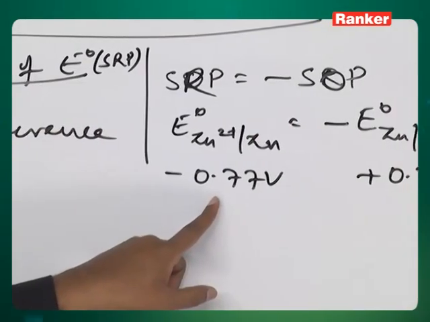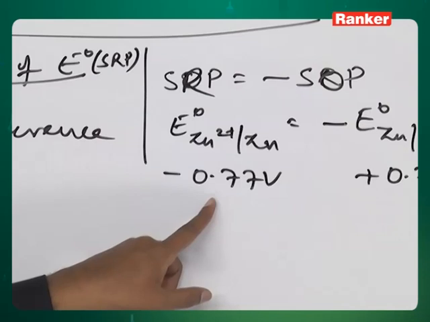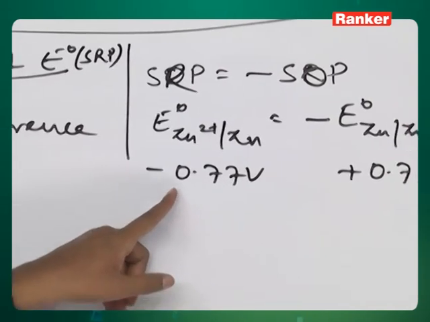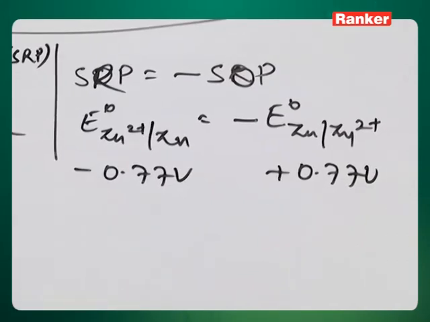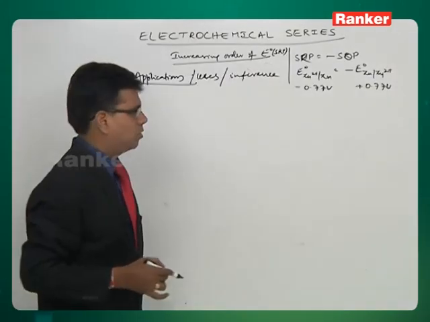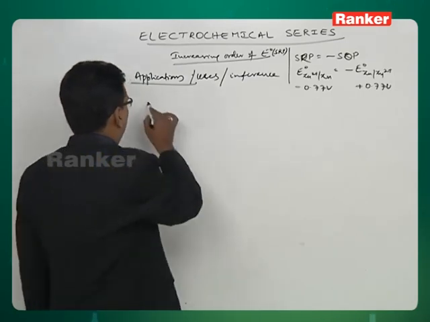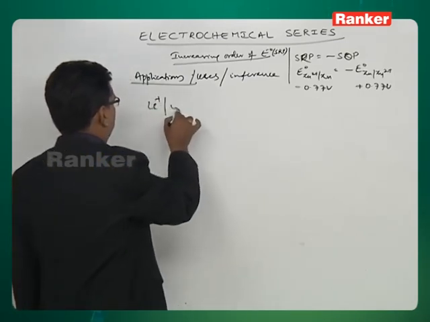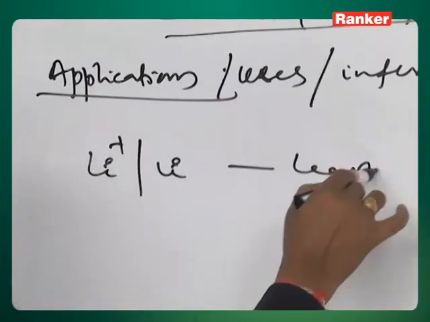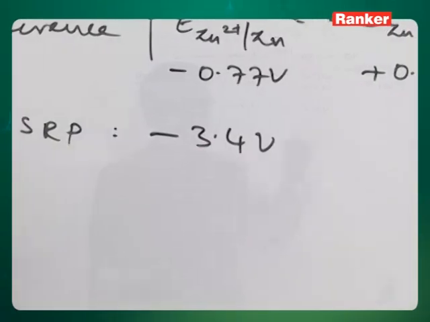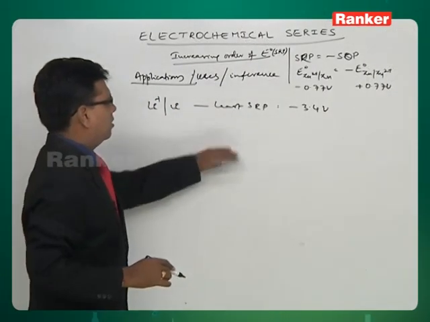For hydrogen it is 0, this is less than 0. Lithium is the one with the least SRP, that is minus 3.4 volts,